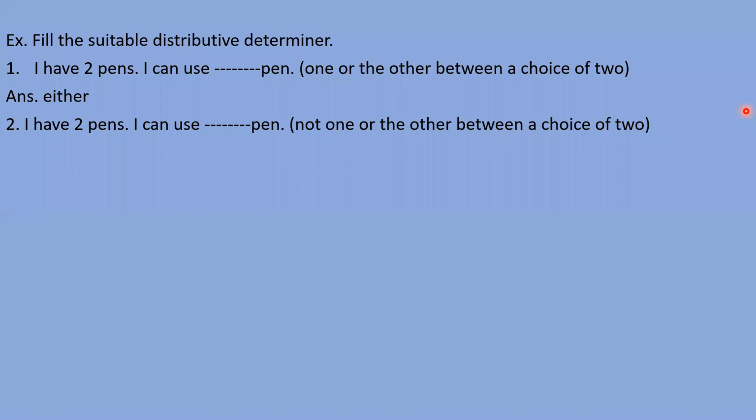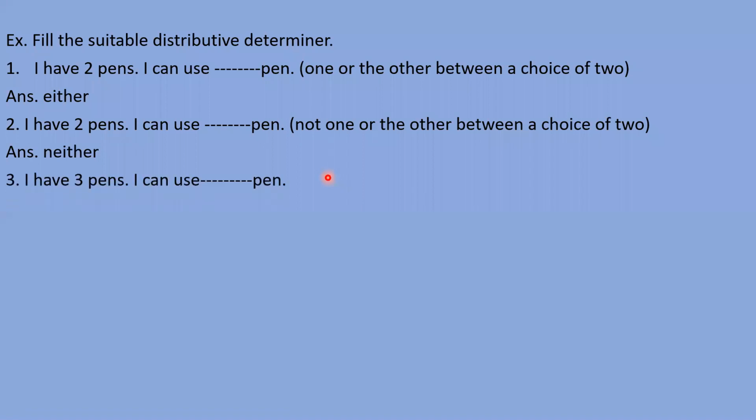Sarman. Okay, yes. Please tell me what word will come here. Neither. Neither, yes, very good. The answer is neither. So dear students, when you have two options and you have to give the sense of "na ye, na wo", then you can use the word neither here. So neither is the right option here.